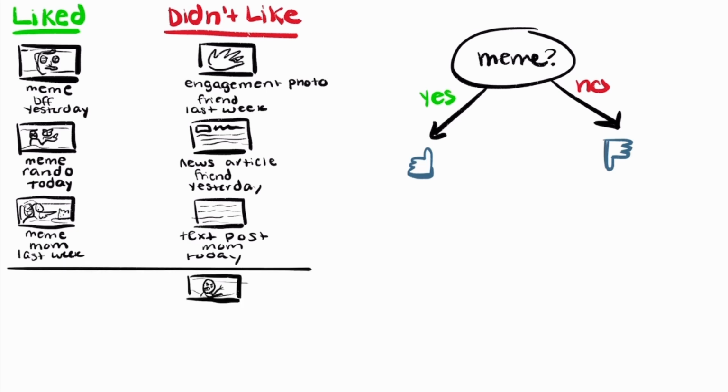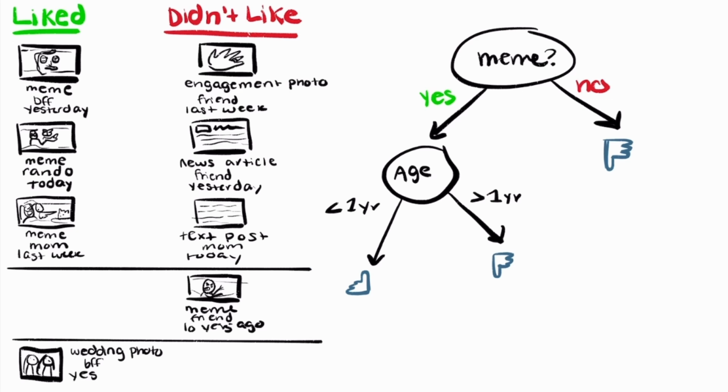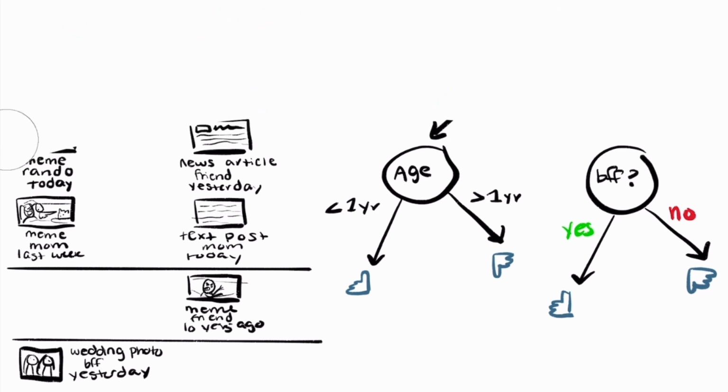What if you, as the algorithm, come across a bunch of memes that I haven't liked? You might modify your model of my preferences to say that, oh, he also doesn't like memes that are old. We can incorporate this into the mental flowchart we're building about me. Getting even more complicated, you as the algorithm notice that I've also liked everything posted by my best friend, even if it was not a meme. So we can once again change our model of my behavior to say that I do also like any post by my best friend. Now that we have this flowchart, we have what's called a model of my preferences.